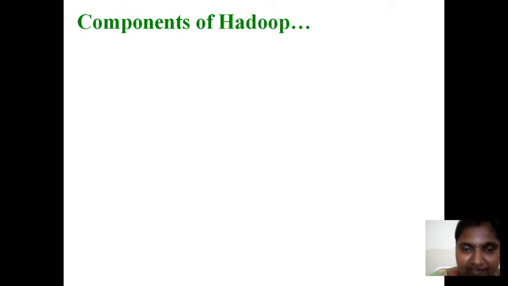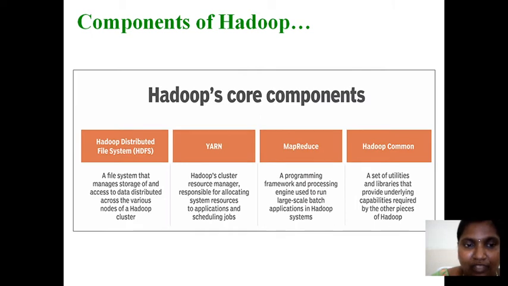As I said, Hadoop has only 4 components. Those are Hadoop Distributed File System, YARN, MapReduce and Hadoop Common. Hadoop Distributed File System: without storage we are not able to store any data, and without storing we are not able to process the data. We should learn how to store the data. This is the tool in which we can store data in a normal way by using a concept called virtualization or virtual machine in your laptop, which is able to connect to our cloud system, thereafter we can get the data.